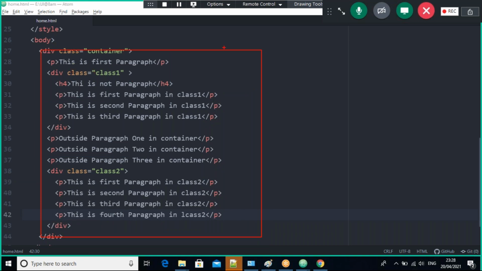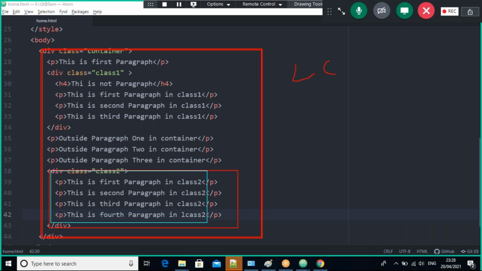I'm working with the last child, guys. In this container level, what is the last child? This is the last child, and that's not a paragraph. Again, in this one, what is the last child? Yes, a paragraph is there. Now it applies that style.